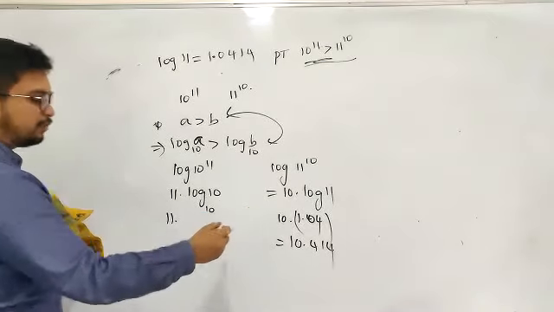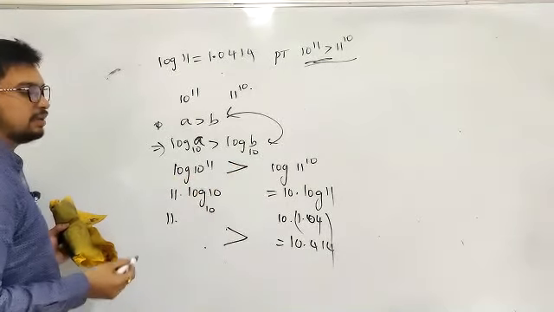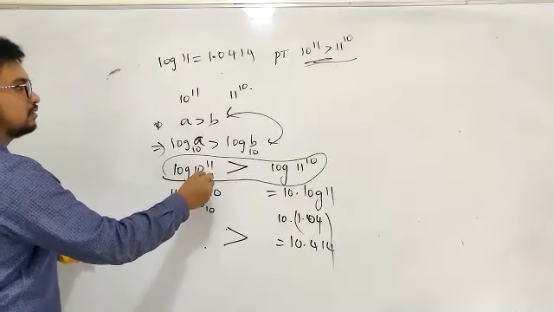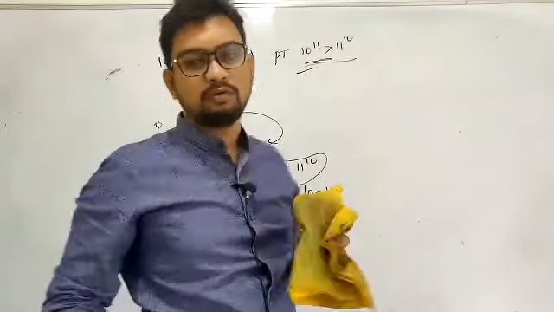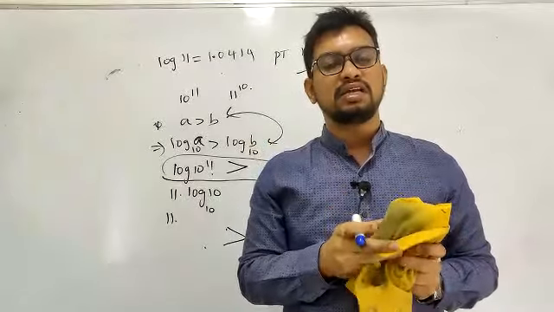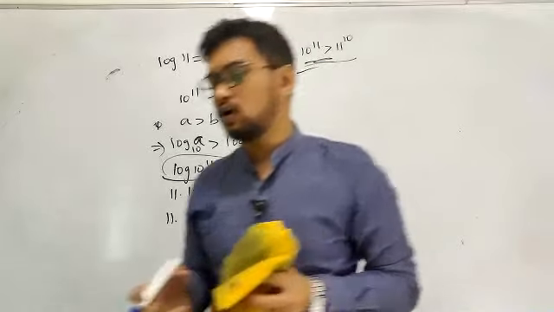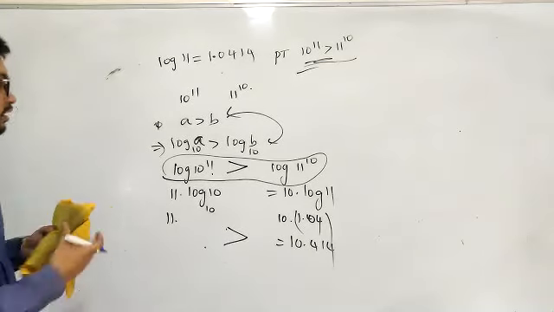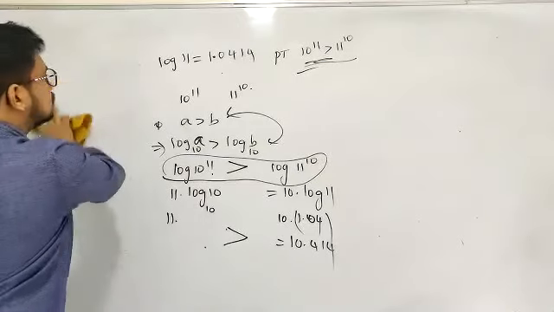Evaluate 11 and 10.414. So obviously I can say that log of 10 power 11 is greater than log of 11 power 10. It means that you'll be getting 10 power 11 is greater than 11 power 10. So this is already proved. And since the base is greater than 1, if I eliminate the logarithm, the inequality remains the same. If the base is lying between 0 and 1, you have to reverse the inequality when removing the logarithm. That's the idea. Very good. Very simple problem. Hope this is clear.